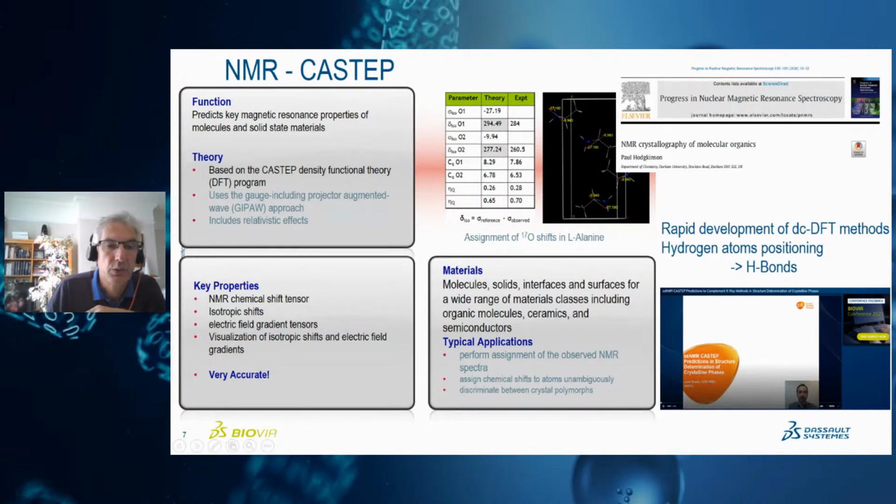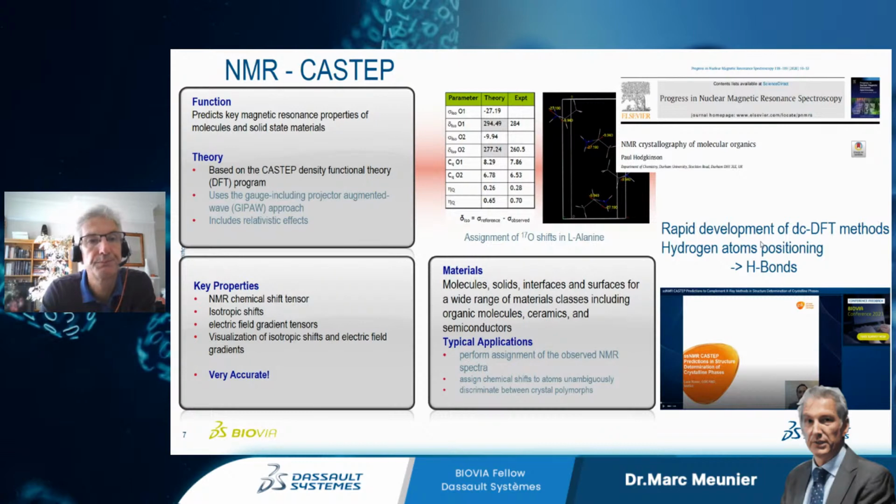So basically you will get the chemical shift tensor of the compounds, and that will allow you to refine better in particular the hydrogen atoms that do not appear in the X-ray, they're too light. So this method is very much used again in the large pharma companies to refine the crystal structure of the drug.